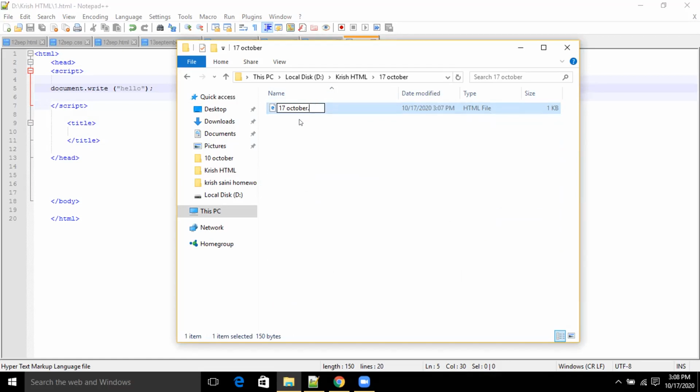This is an HTML file itself, so 17th October is good.